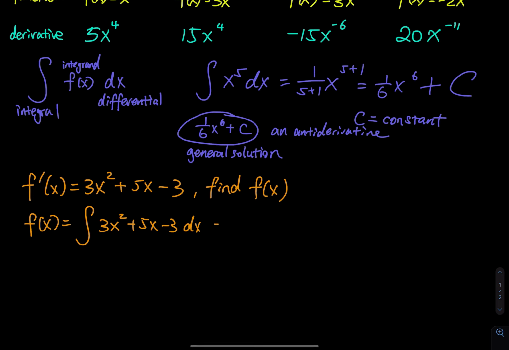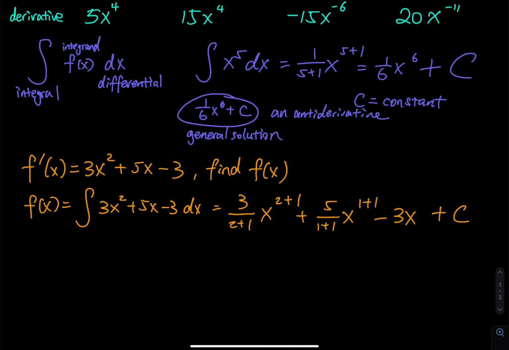So how do you do integration? We are not going to carry the power down. I will take the power plus 1 and put this in the denominator. And don't forget the coefficient. For the 5x, I will take the 1 plus 1, put that in the denominator, with the 5. Then the integral of 3 is 3x, because the derivative of 3x is 3. Don't forget the plus c. Let's clean up the coefficient. 3 over 3 equals 1, so we have x to the third, plus 5 over 2 x squared, minus 3x plus c, and then this is called f of x, which is called a